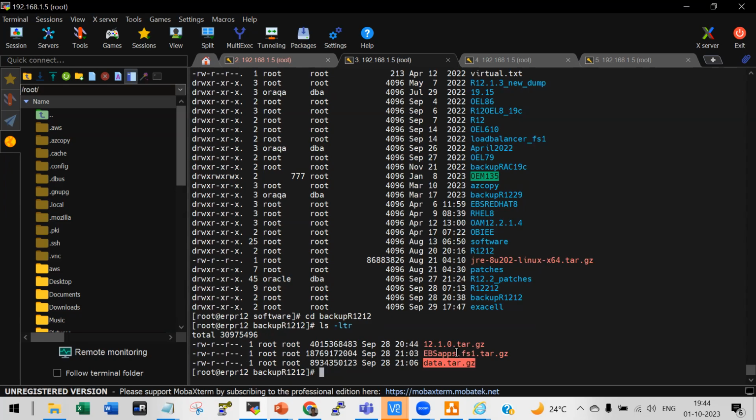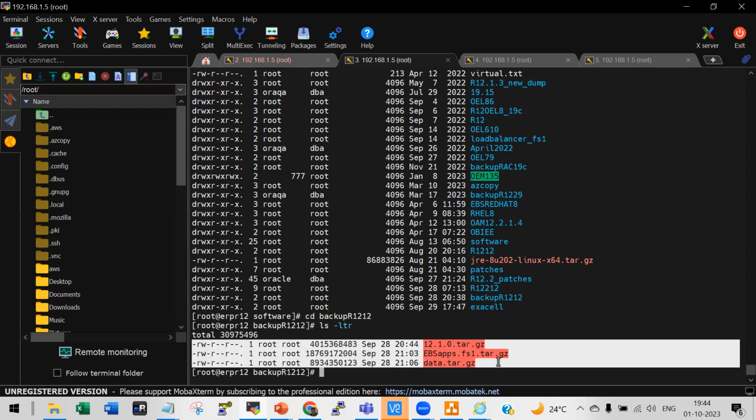After that, you have to run pre-clone. If you don't run pre-clone on the database, and if you don't run pre-clone on the application, and you take a backup, that's of no use. So after coming to 12.2, because I may have to upgrade to 19c, or I want to clone to some other machine, or whatever it may be. So that's the reason for how you take a backup. You run the pre-clone on the database, pre-clone on the application, take the database home backup, take the database backup, and take the run file system, only EBS apps. That's all. So if you have these 3 files,